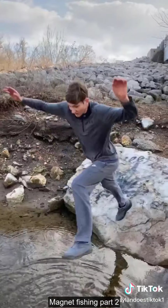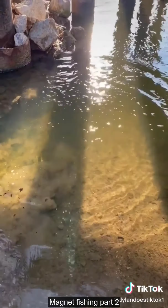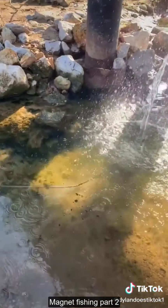Then I went over to fish some more, and I saw this coin in the water and tried to get it. Money ain't magnetic. But my brother said, what? Money's not magnetic. I felt pretty dumb, and then I splashed the water with the magnet,